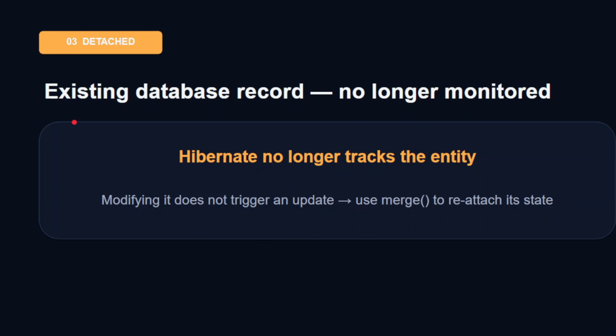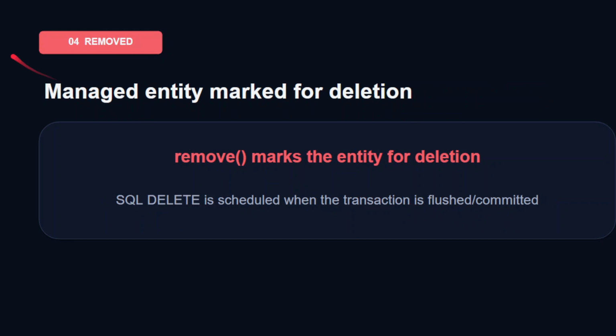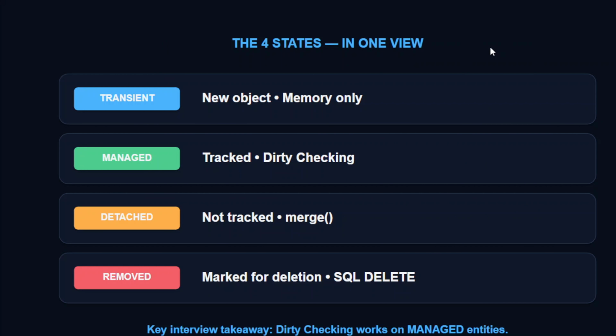A detached entity represents an existing database record, but Hibernate is no longer monitoring it. Modifying it will not trigger an SQL update unless you reattach its state using the merge method. And finally, a removed entity is a managed instance marked for deletion using remove, which schedules an SQL delete statement when the transaction commits. Mastering these 4 entity lifecycle states is essential for preventing silent database bugs and cracking your